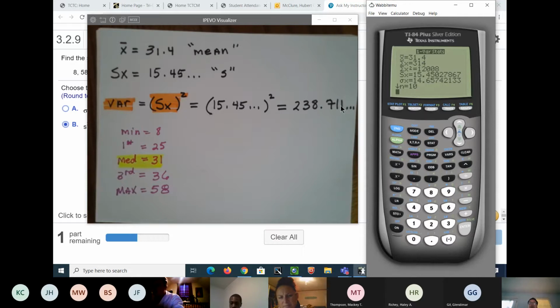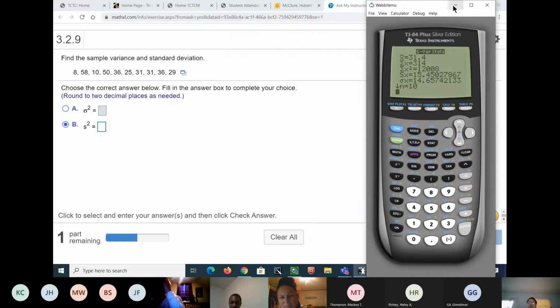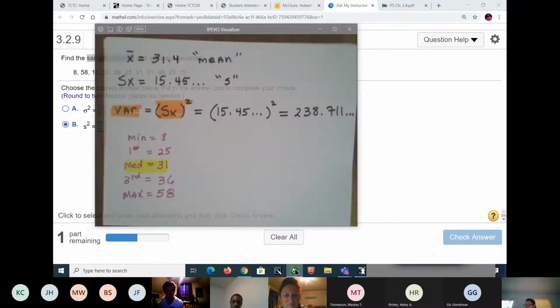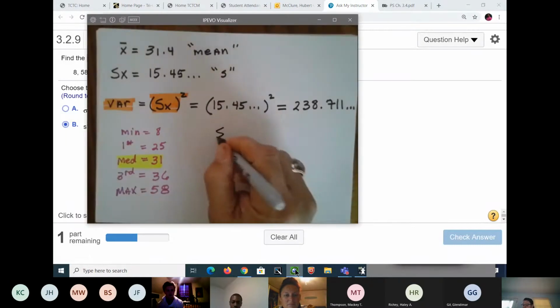Now, does anybody have a question about what I did on the calculator? Because I'm going to go back to the homework problem, and there is a question from chapter 1 in the homework problem. Okay, look. What does it say right here? Sample variance. Does it say population variance or does it say sample variance? Sample variance. So that means back in chapter 1, I told y'all that anything having to do with the sample